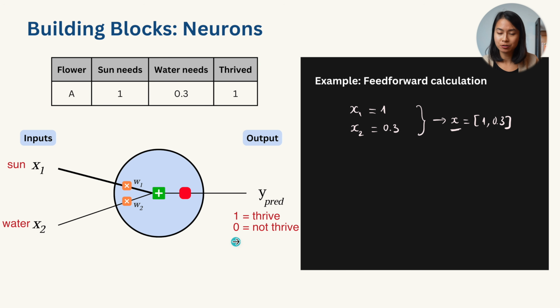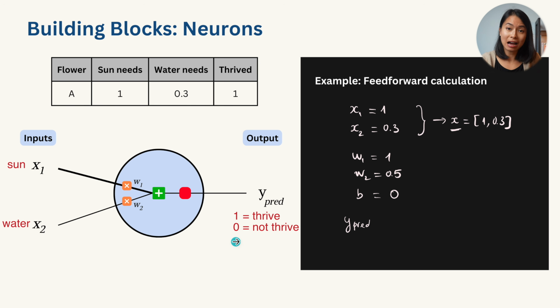Suppose we also have the initial weights that have random values. Let's say we have W1 being 1 and W2 being 0.5. So that's why I visualize the connection for W1 slightly thicker than the other connection. We assume the bias term to be 0, and let's also use the sigmoid activation function for our network. Now, as we just learned before, the output for this neuron will be equal to f, which is the sigmoid function of W1 times x1 plus W2 times x2 plus b. And so this will be equal to f of 1 times 1 plus 0.5 times 0.3 plus 0.